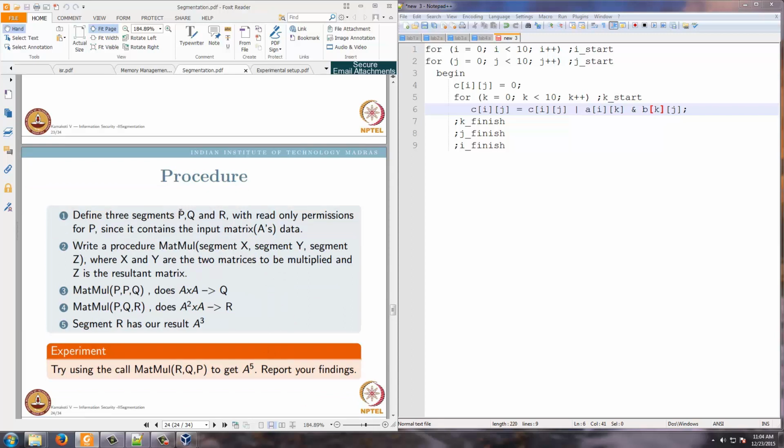To understand what we have learnt in the theory class, we will make P a read-only segment, while Q and R are read-write data segments.